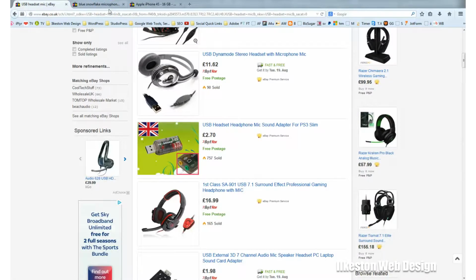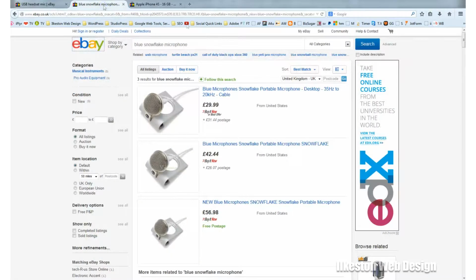So you can get a headset off of eBay, or if you wanted, you could go for a slightly higher end mic. There's a brand called Blue, who are known for manufacturing high quality mics, and there's a microphone, it's also USB, it's called the Snowflake, and I've actually used this before, because a few years ago I had a housemate who was into audio and things like that, and he had this very microphone.